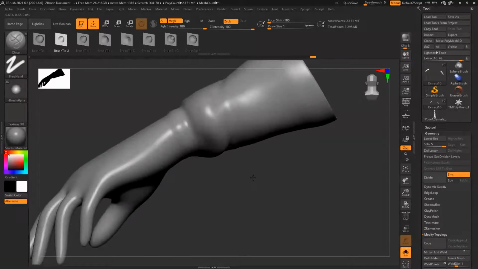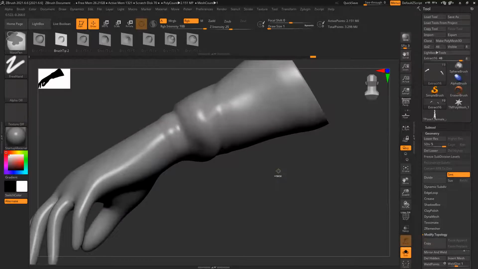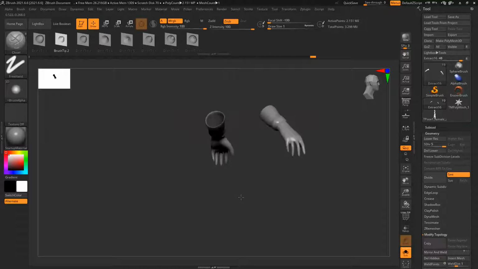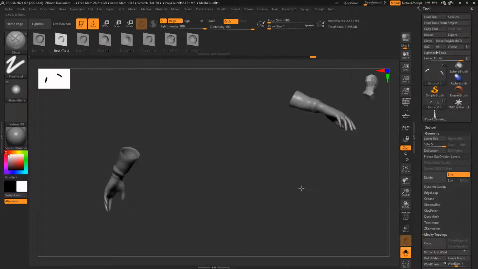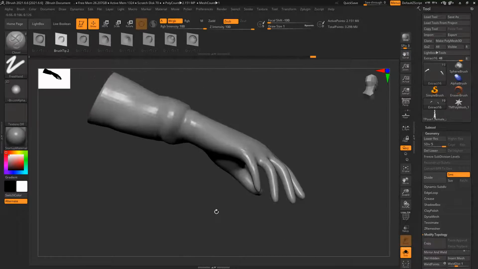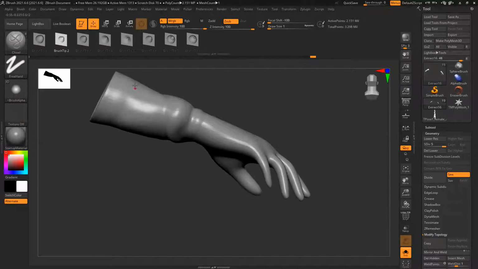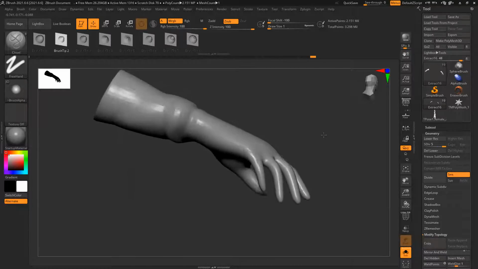Reduce the brush size. And you can see I'm using all default brushes only. Oh, not nice.